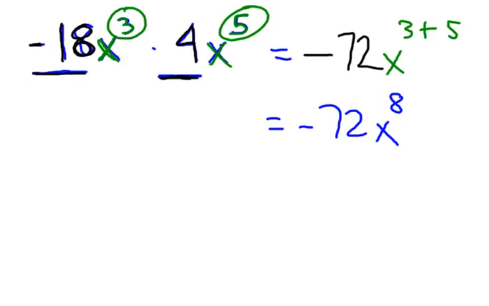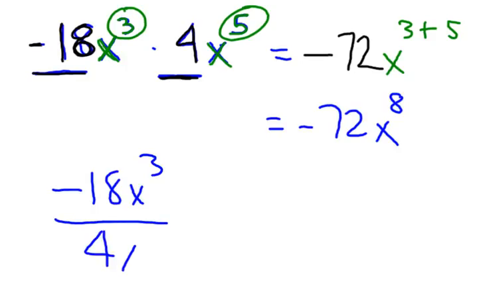All right, when I divide, so I'm going to take the same two terms here, negative 18x to the third over 4x to the fifth. Same deal. I'm going to take care of the terms first. So I got a negative 18 over a positive 4. So when I go to simplify this out, if you think of it as a fraction, it actually reduces to